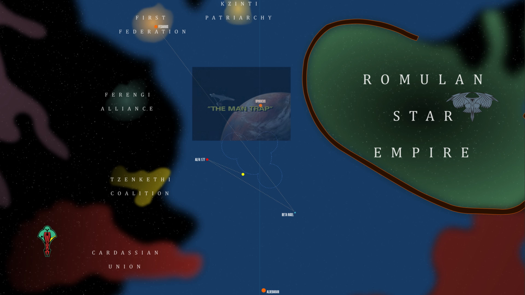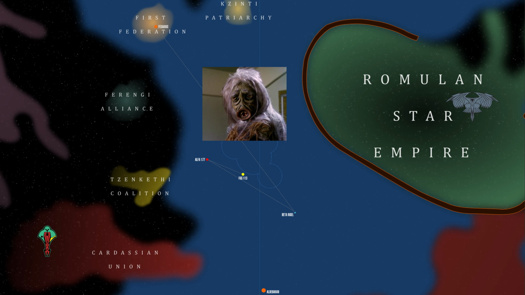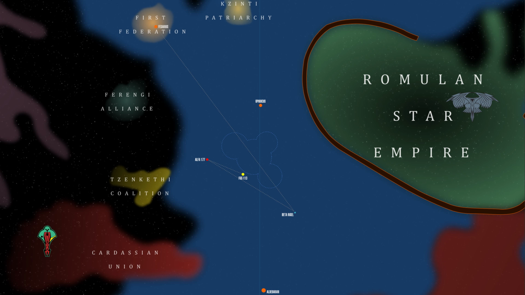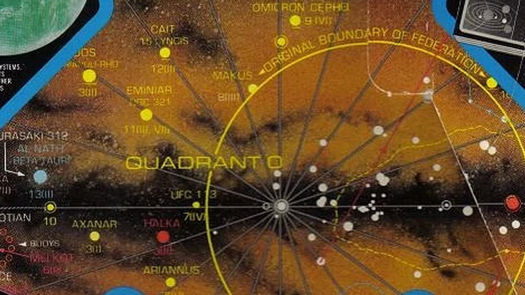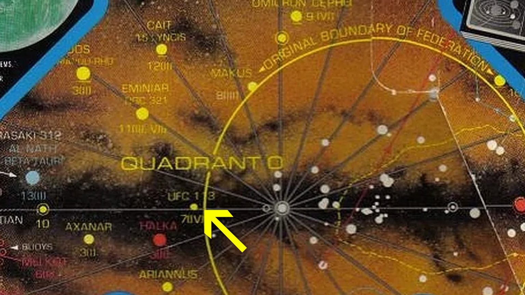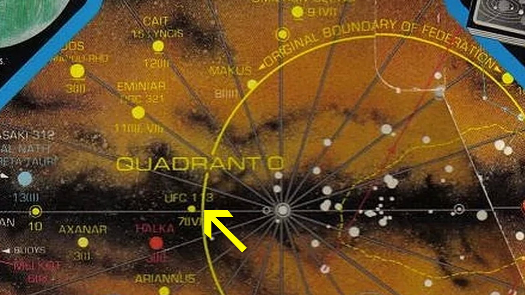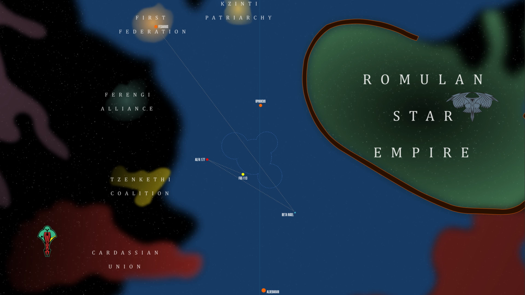Following this, in Episode 5, The Man Trap, the Enterprise visits the planet M113, home of the Salt Vampire. M113's location, both in canon and on 21st century reference maps, is indeterminate. However, the now outdated 1980 reference book, Star Trek Maps, also places it just slightly west of the original UFP border in the Alpha Quadrant, so in the absence of contradicting evidence, I've decided to place it in a similar